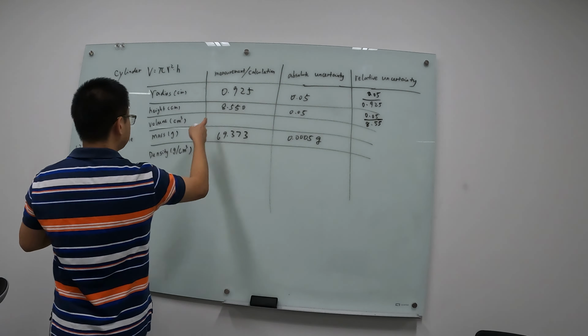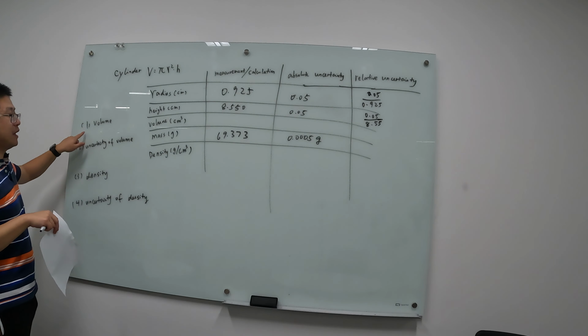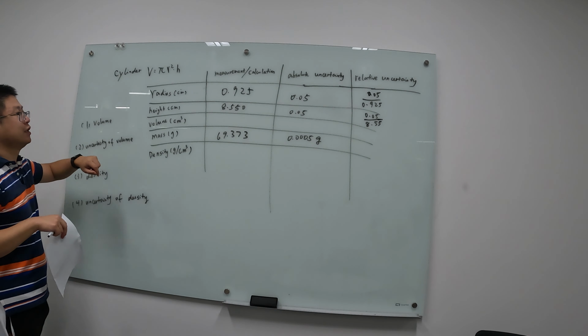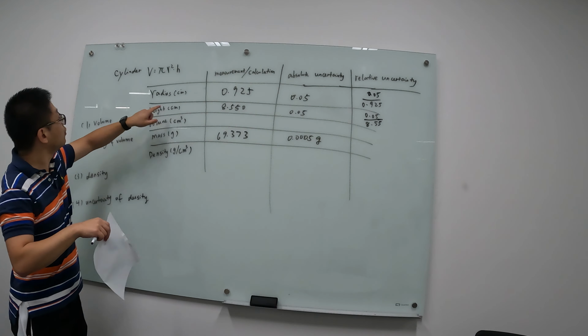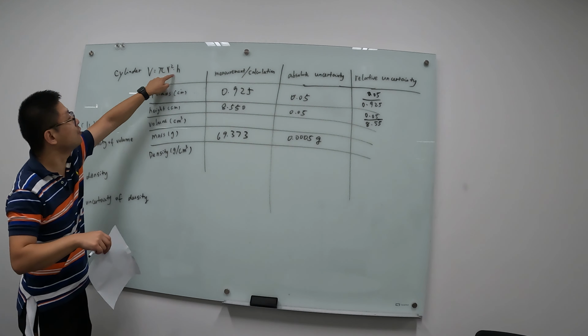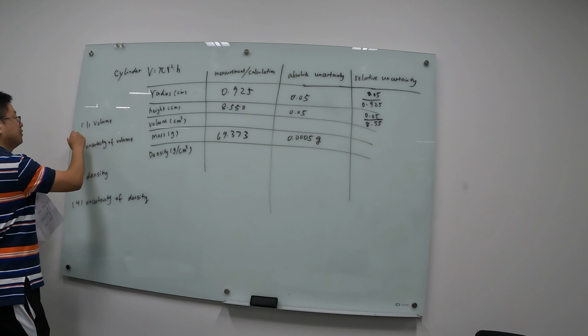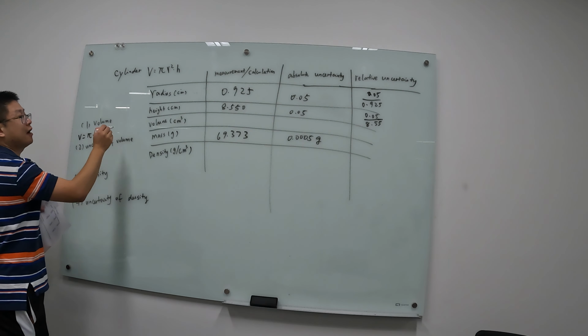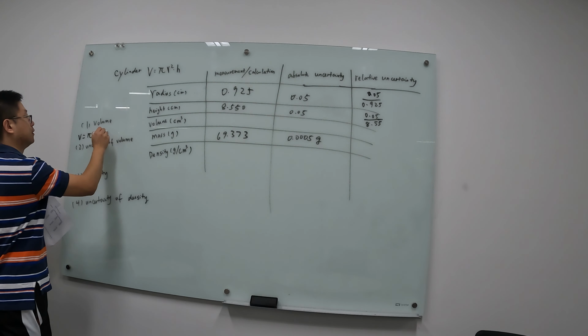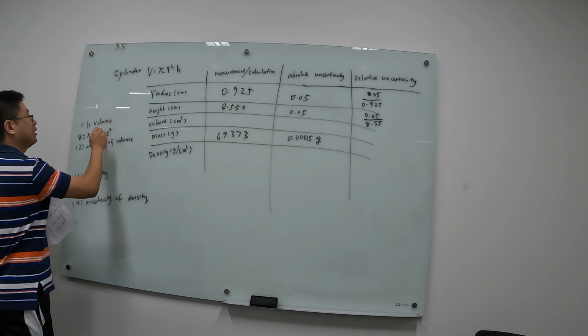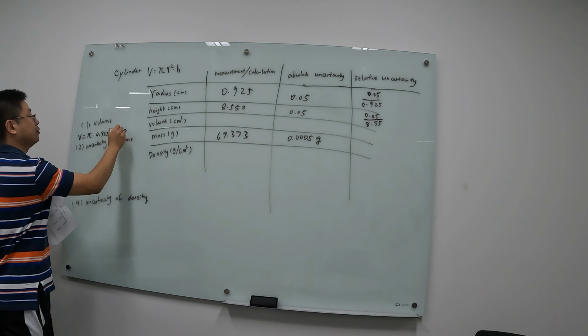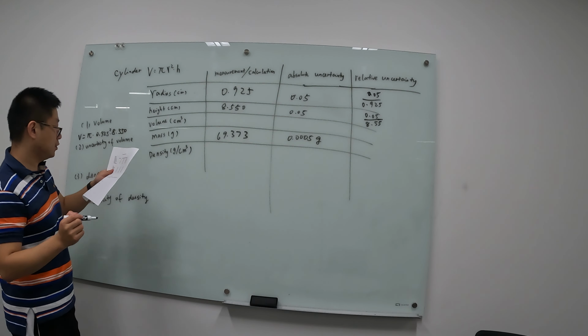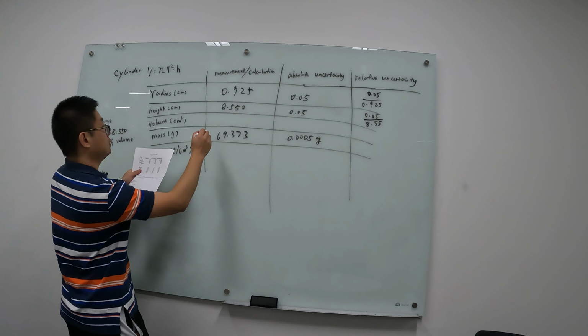How about the volume? Question 1 asks you to calculate the volume. Just use this equation, pi r squared times h. So this volume equals pi times r squared times h. So you can get the volume. Assume you get